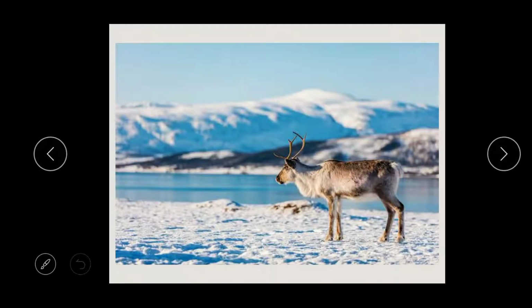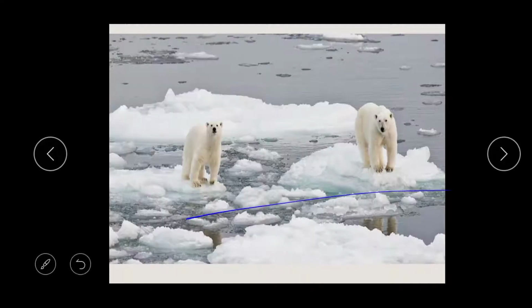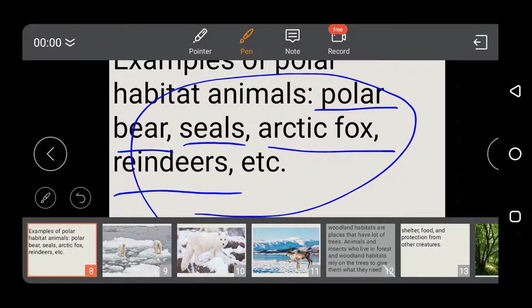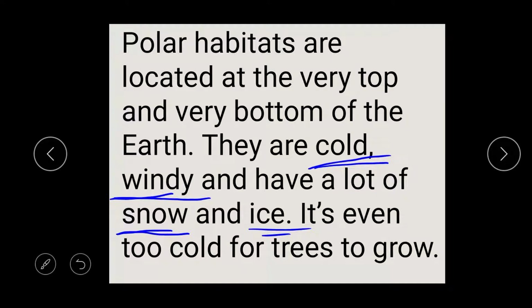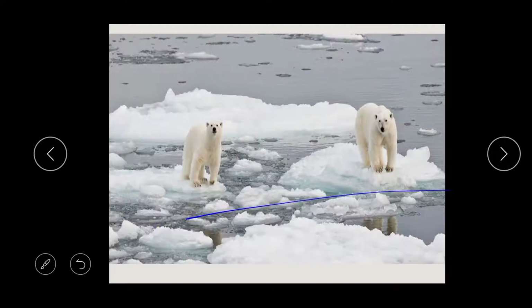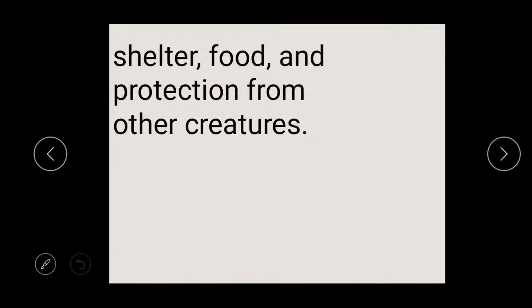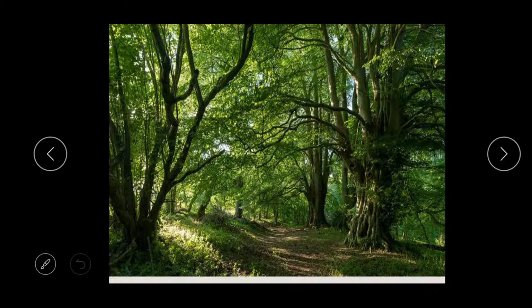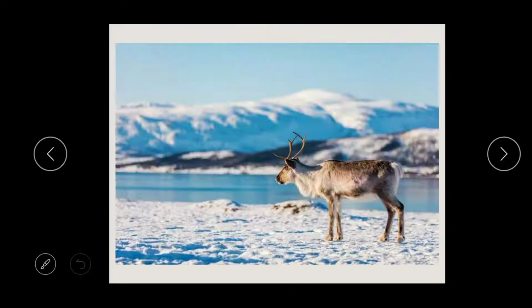We've talked about the polar habitat. Now let's talk about this kind of habitat. This one is called the woodland or the forest. Remember when we mentioned this?